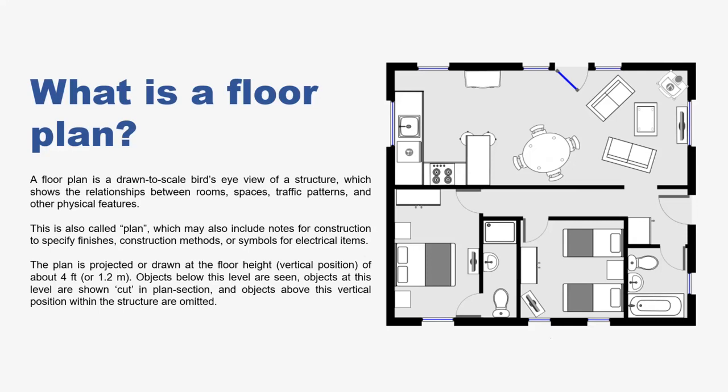Now, when we say 2D floor plan, it is a type of diagram that shows the layout of a space from above, including the walls and rooms. 2D means the floor plan is a flat drawing without perspective or depth. And when we say 3D floor plan, it is a type of diagram that shows the layout of a home or property in 3D. So 3D means the floor plan shows both perspective and height. Unlike a 2D floor plan, a 3D floor plan has more detail and makes it easier to understand the